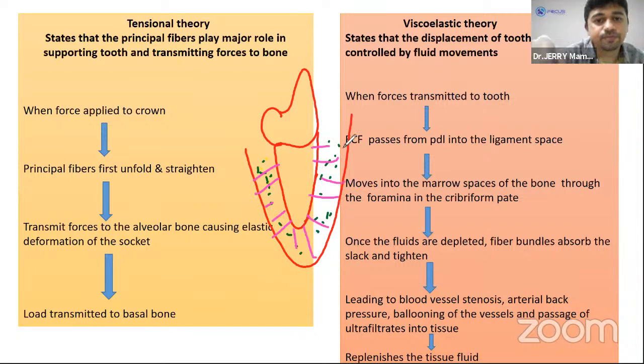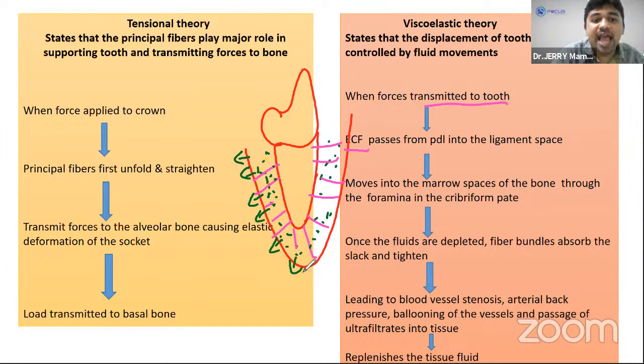Now what does the viscoelastic theory state? When forces are transmitted to the tooth, the extracellular fluid which is present in the periodontal ligament, that is what I've drawn in the green, the extracellular space fluid present in the periodontal ligament space, moves into the alveolar bone